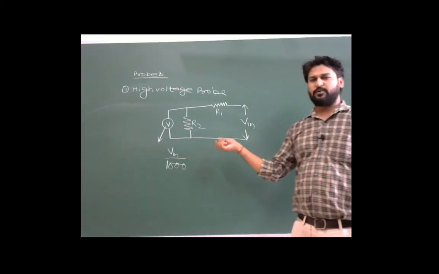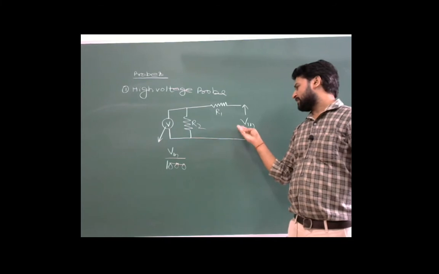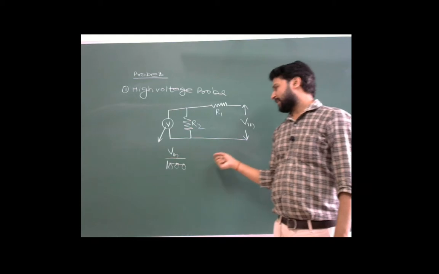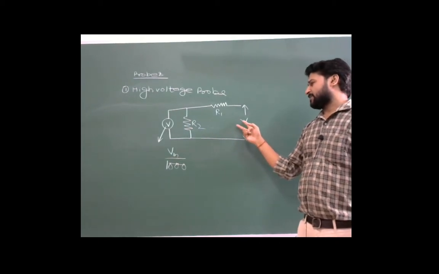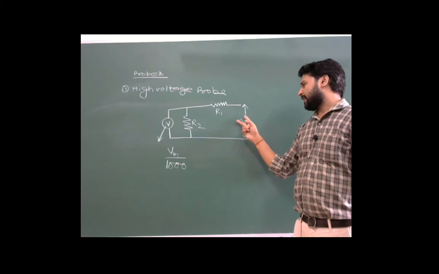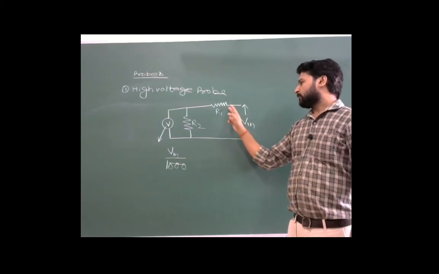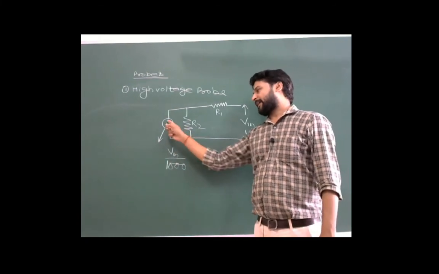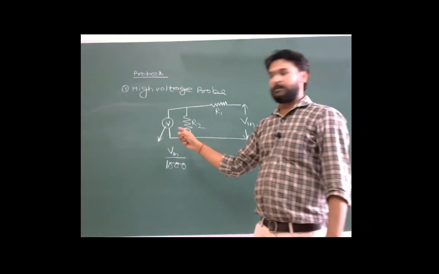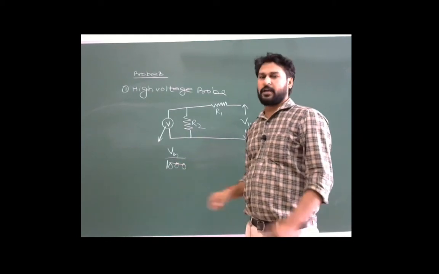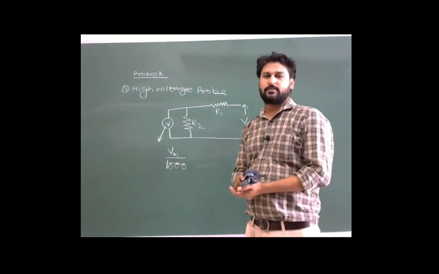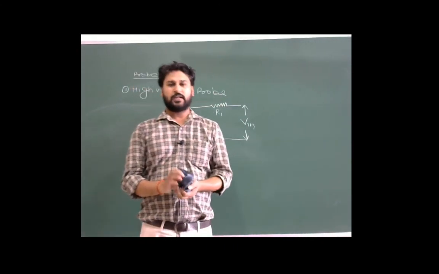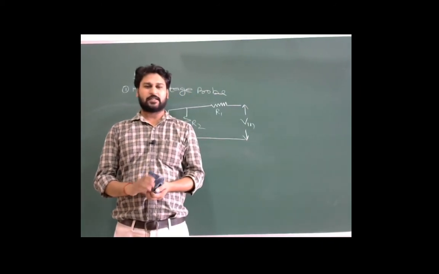So this is a kind of voltage divider circuit in which the voltage which has to be measured is first down converted, like a step down transformer, it lowers the input voltage and then applies it to the voltmeter. Then when we take the reading on the scale, we multiply the reading by 1000, and we get the accurate result. So the point is, the high voltage probe is basically a voltage divider circuit, that's it.